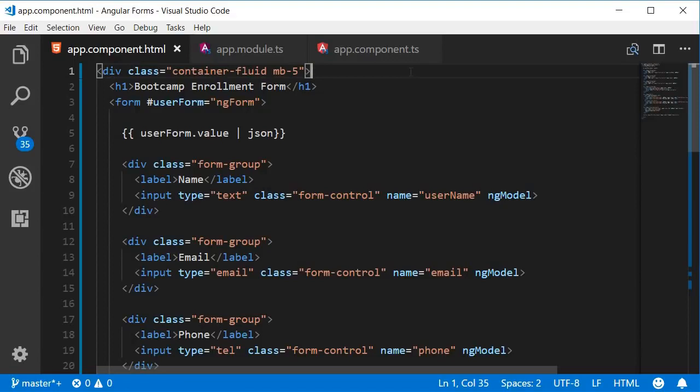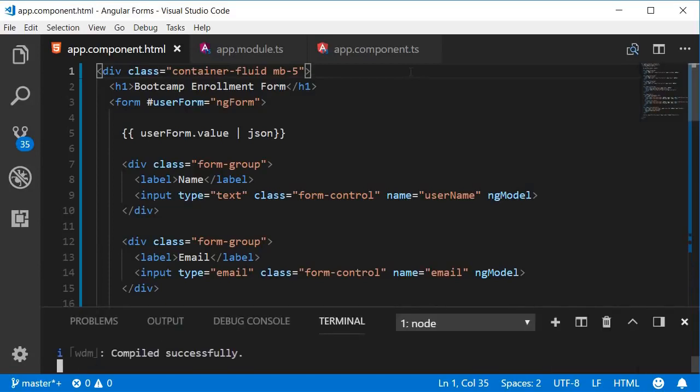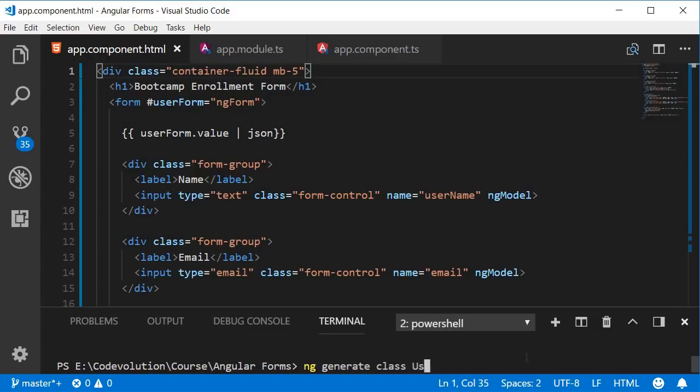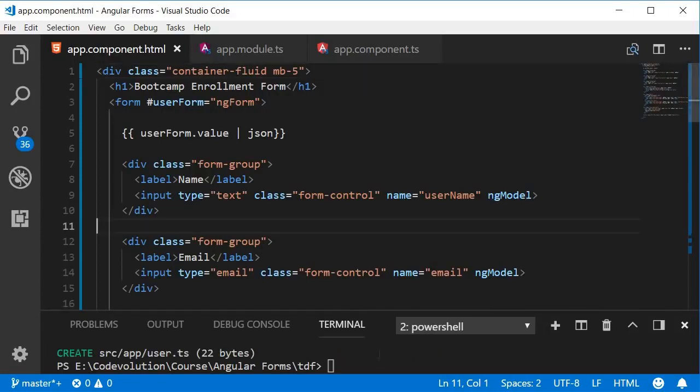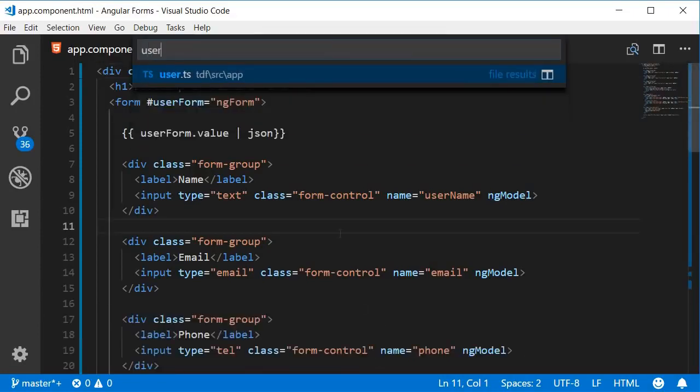So open the integrated terminal, Control backtick, and run the command ng generate class and then the name of the class. Let's call it user. Let me make sure I navigate inside the project folder and then run the command. Let's open the file user.ts